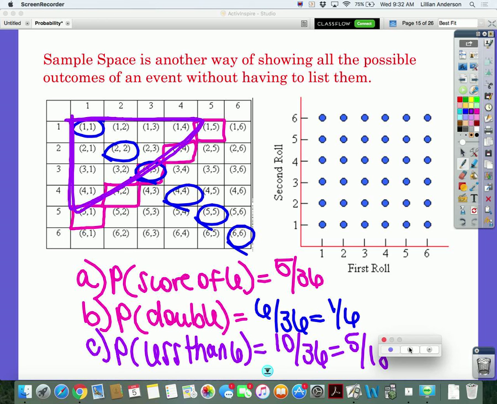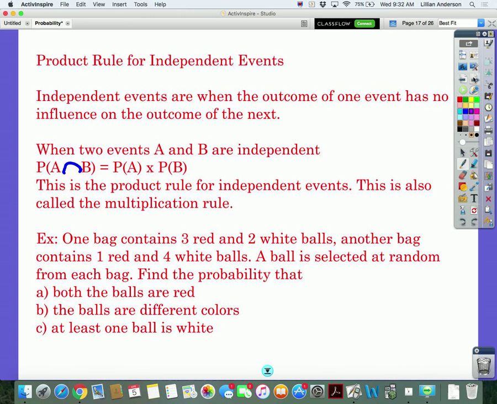Even though there are 6 out of 36 and then 5 out of 36 for the two respectively, you're counting double 3 twice. So you can also use, for an example like that,